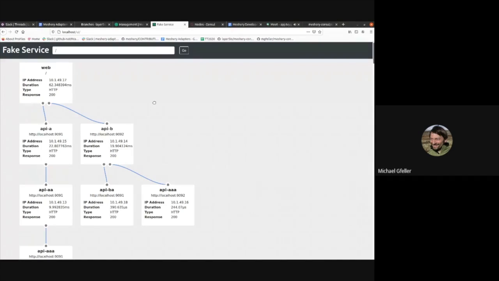So these fake services just call upstream services. You can also return errors and a whole lot of sort of configuration options to test service meshes, for instance. So here. Miku,